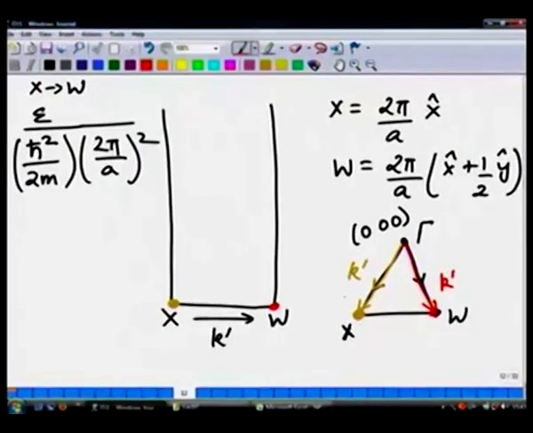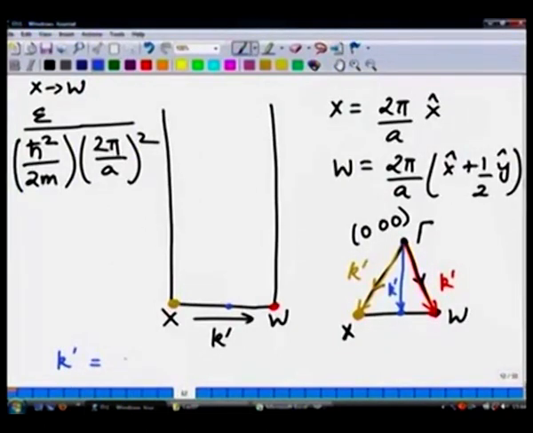So, at any point in between, let us take this point, the k prime vector is this vector, and I am basically plotting versus the k prime vector. So, what is the k prime vector? Essentially we can write it down for X to W. I can write this k prime vector as,